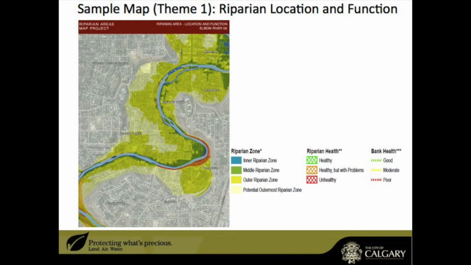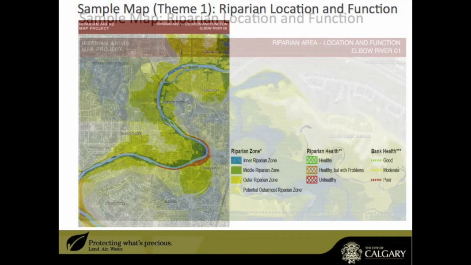The advantage of doing the statistics that we did is that the riparian areas are being mapped for both developed riparian areas as well as existing open space riparian areas. And then as part of this Theme 1 map, we also put on other data sets to complement the variable width mapping, so the riparian health from Cows and Fish work, which is what you may have heard about earlier this afternoon, as well as the bank health from the AMEC and Cows and Fish study.